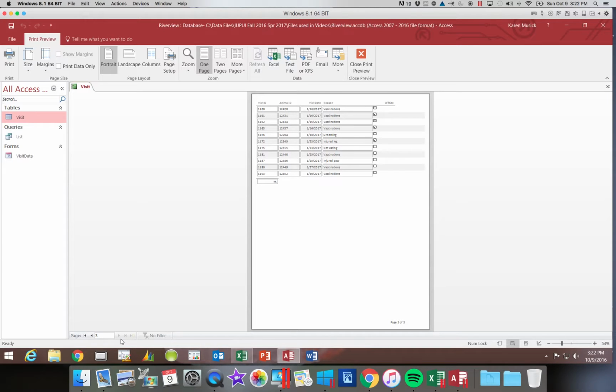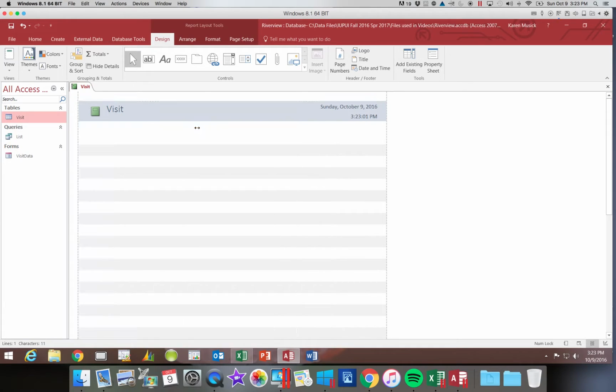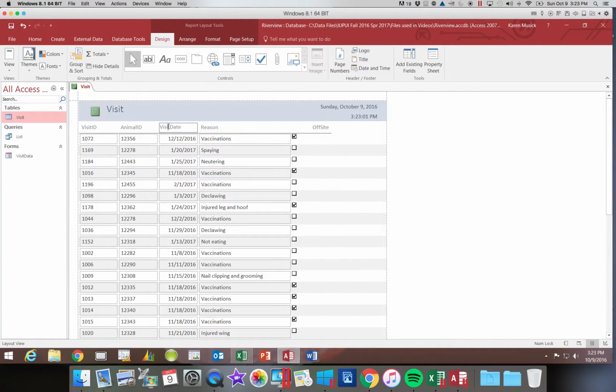As I'm looking at these, one thing that I would probably do is I would change a couple of my headings. So let's go ahead and close this. And let's make a couple of additional changes. So if I click on the heading box, I could move this over a little,